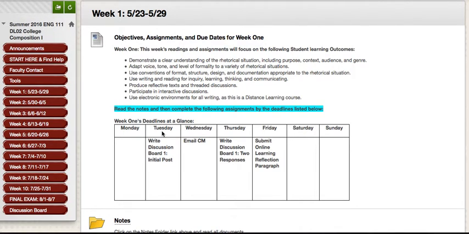For example, on Tuesday, write discussion board post 1, your initial post. You're expected to go into the assignments folder that I'll show you in just a moment and post your answer in discussion board 1. Wednesday, you're expected to send me an email. Thursday, go back to the discussion board and respond to classmates, and Friday, submit a paragraph related to online learning. Now, you'll get information on the assignments in just a moment, but I just want you to see the overall layout